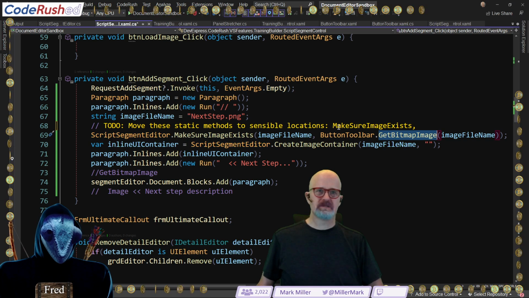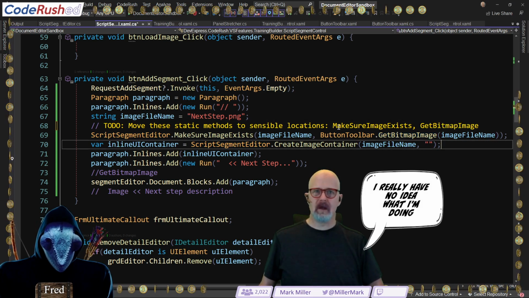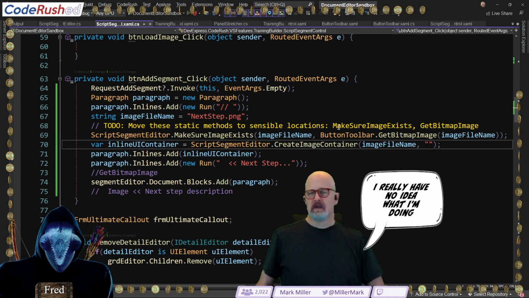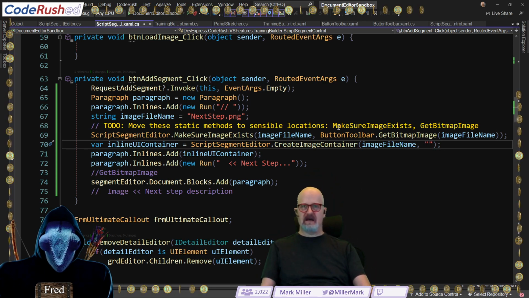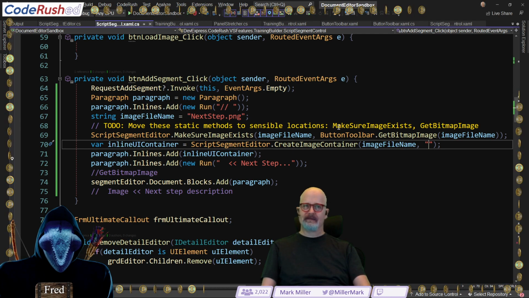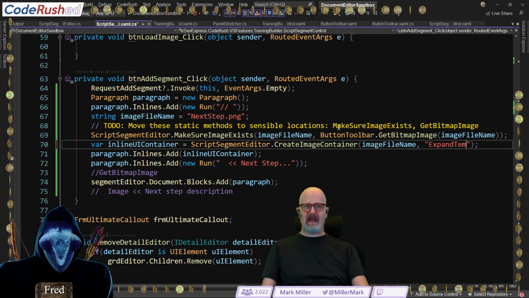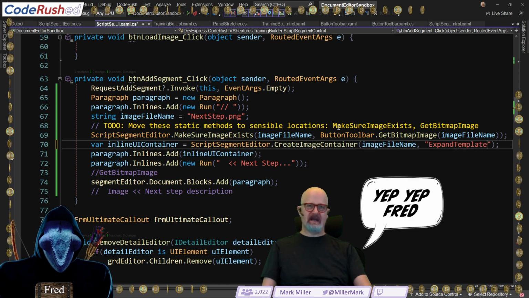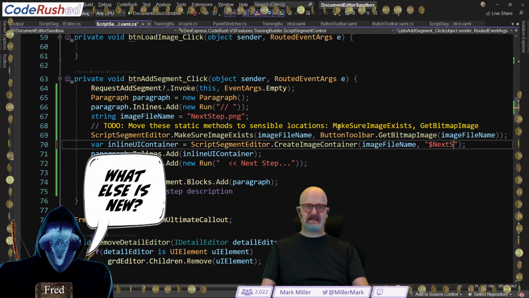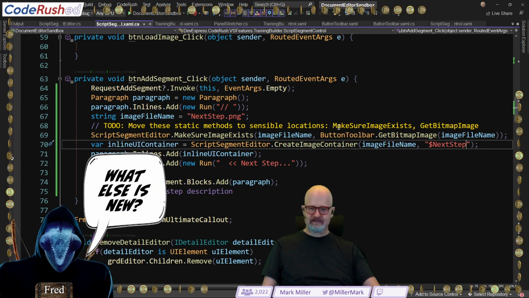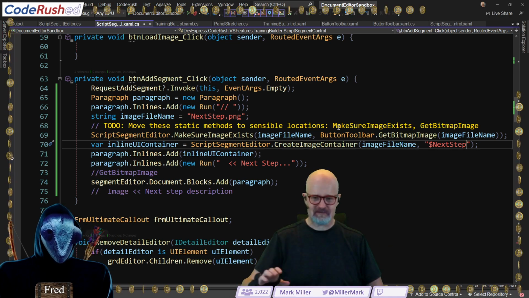You're talking about this parameter right here, that's the custom data, isn't it? That we don't yet know what we want it to be. So for the moment, blank is fine. It's going to be something to the effect of, so not jump to this named step, it's going to be like expand template, something like that. But I think for now we'll do something like this and say next step, like that.